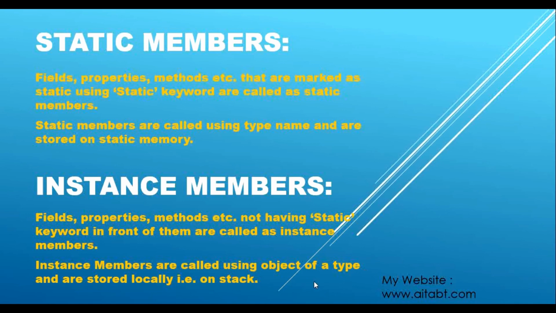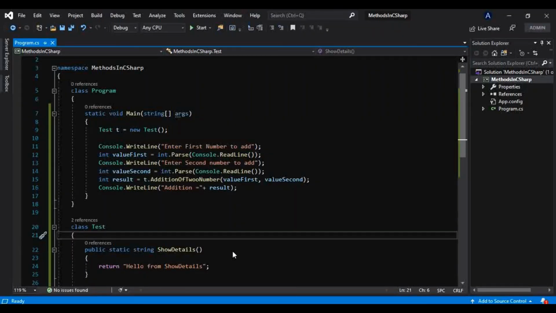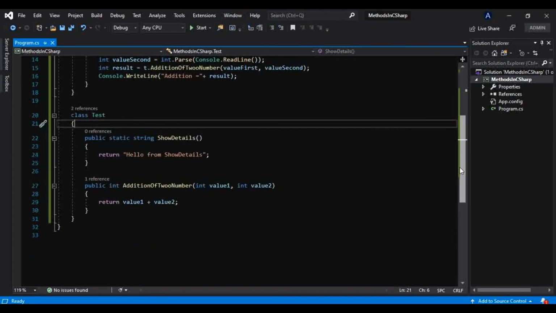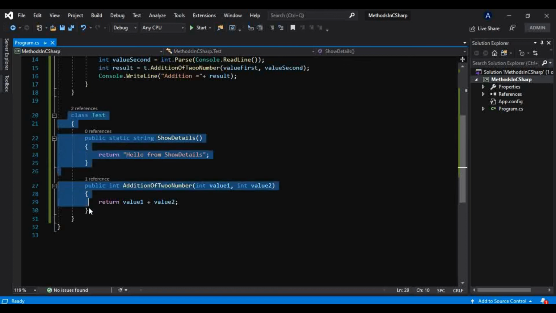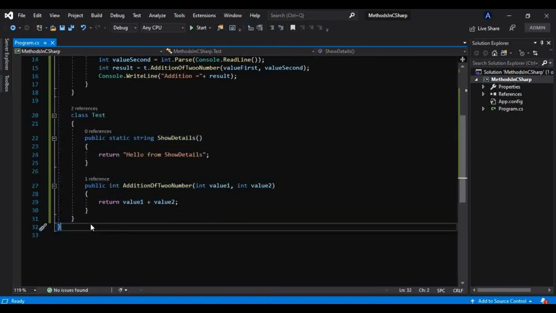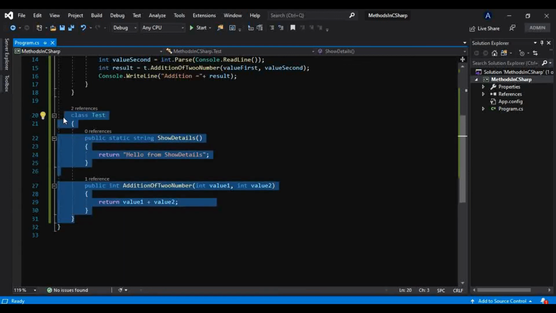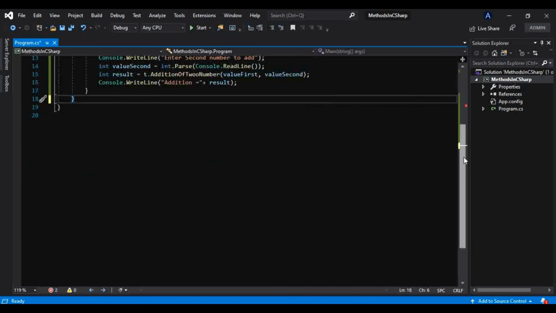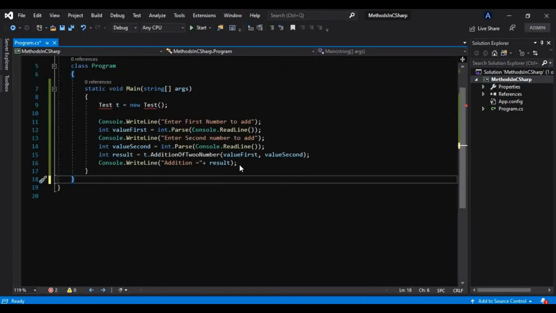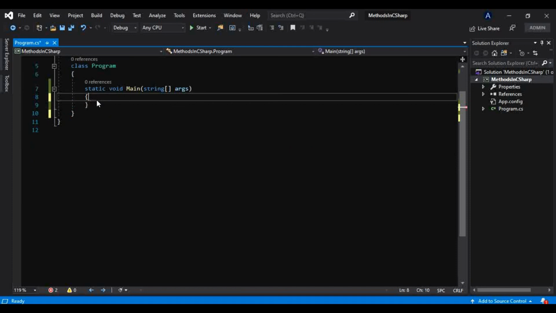For that, let's switch to Visual Studio, and I will get rid of all this code from here, and delete that as well.